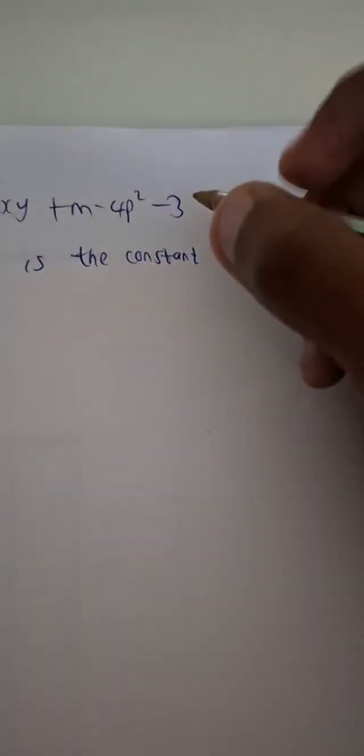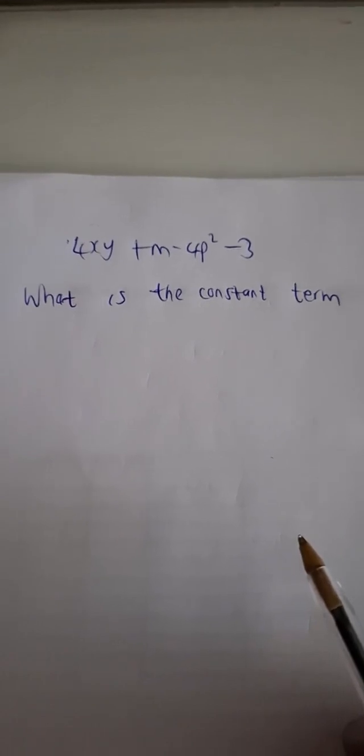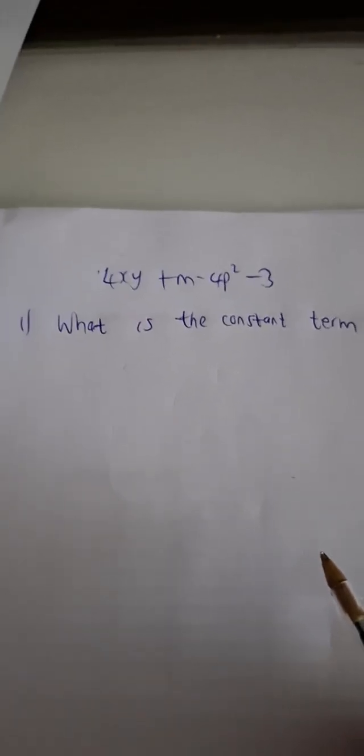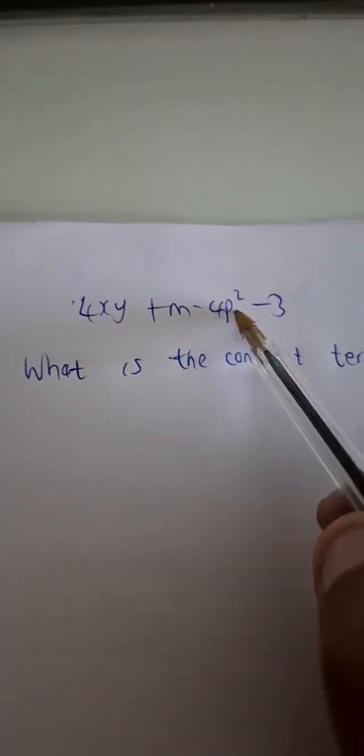If I was to ask this question, what is the constant term in this expression? What would you guys say the constant term is? You can see the people that know their stuff and the people that have some confusion. Guys, the constant here, you can see this is 4xy, this is positive m, this is negative 4p squared,